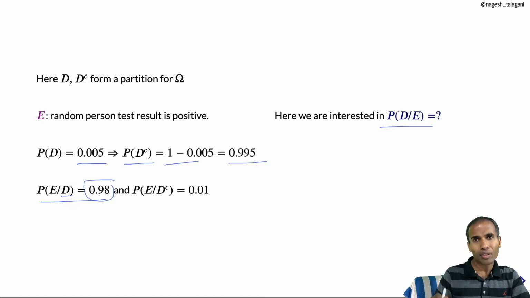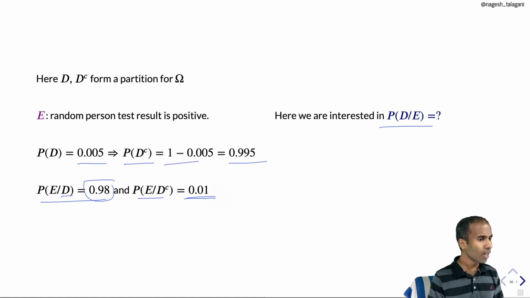And the test also has a false positive rate of 1%. That is, the probability of E given D complement is 0.01. The probability of a person's result being positive given that he is healthy is 0.01. Fine. Now,